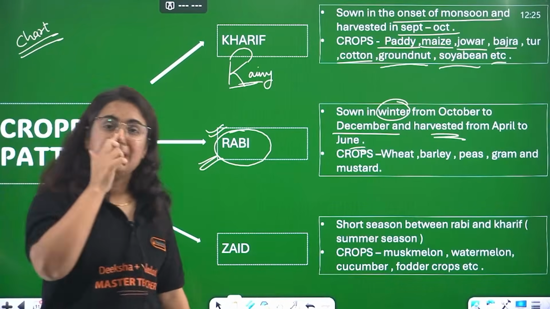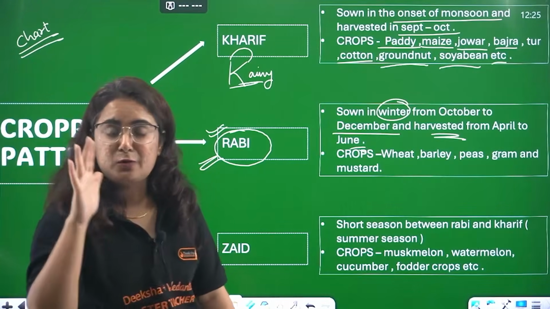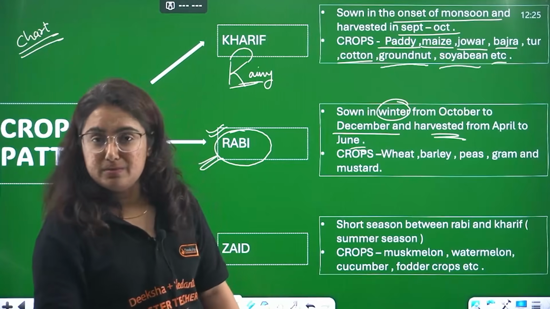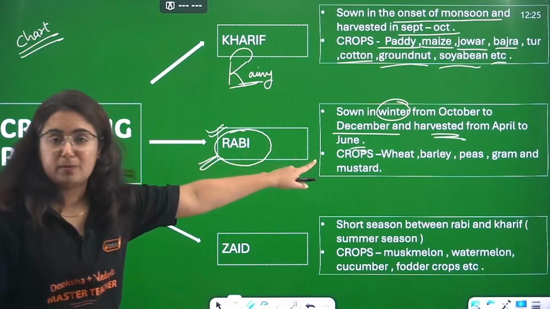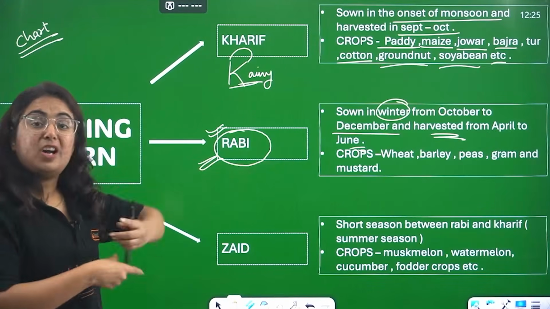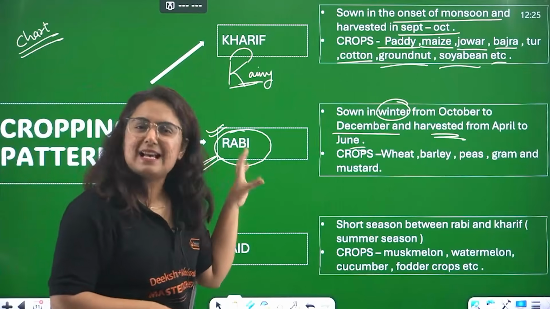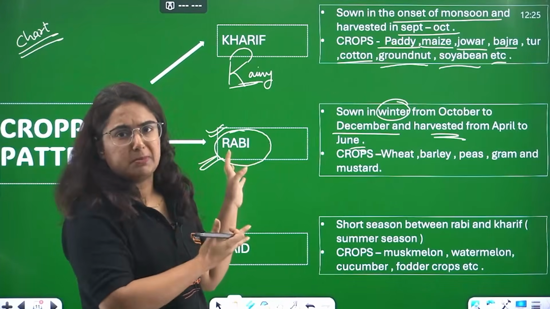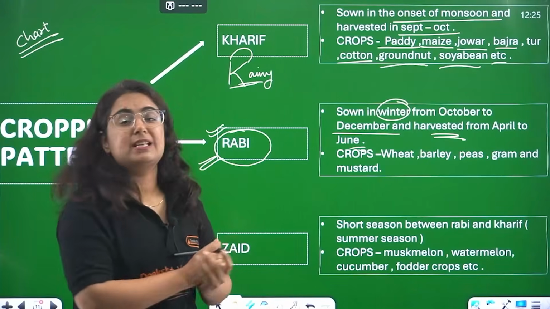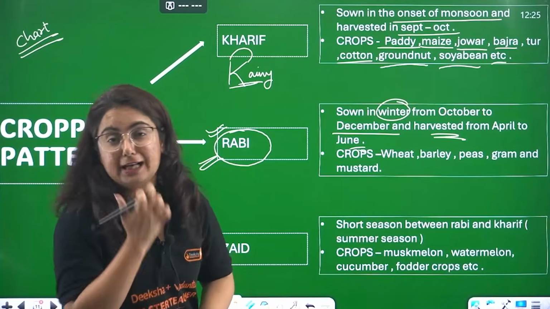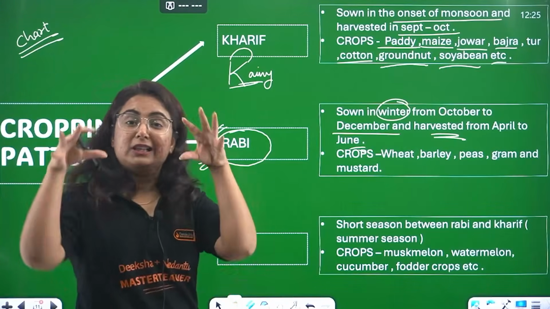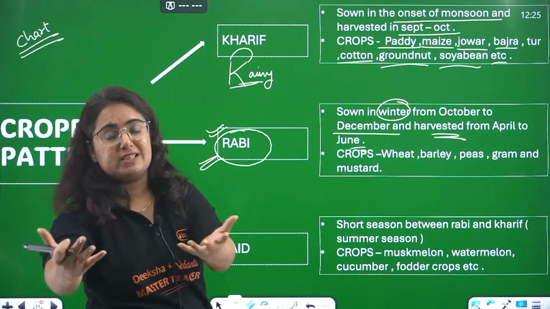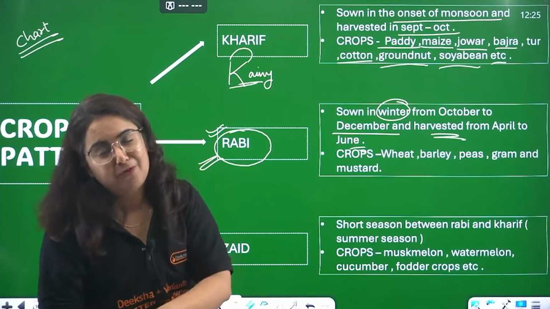Analyze that major harvest festivals of India like Baisakhi and many more are celebrated during this time, from April to June. Why? Because the Rabi crop is harvested at that time. So it is sown in winter, because we shrink, Rabi too shrinks, and it gets harvested in the month of April and June. Connect it with the local festival you celebrate at the time of harvesting.